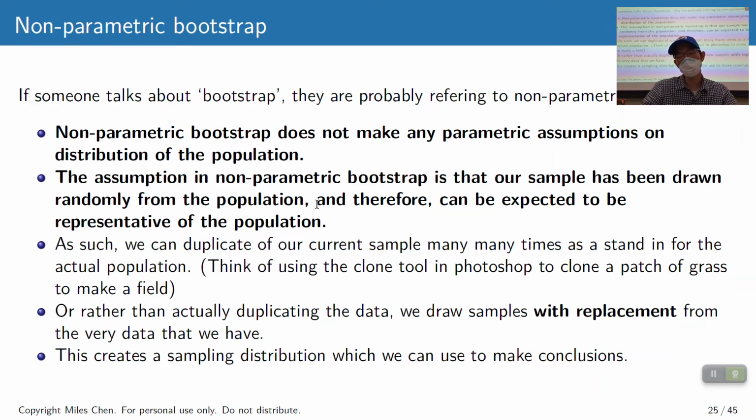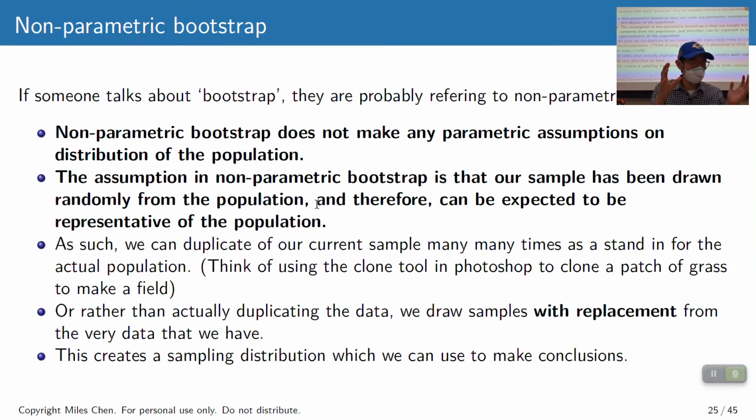We are not making any kind of parametric assumptions. We're not going to say the population has a given shape. We're not going to say it has a normal shape. We're not going to say it has this mean or this standard deviation. We're not making any kind of parametric assumptions about the population. The one assumption, and it's a big assumption, is that the sample we have